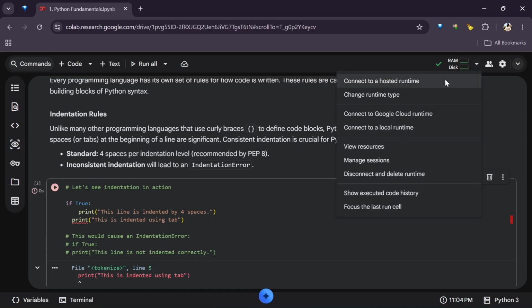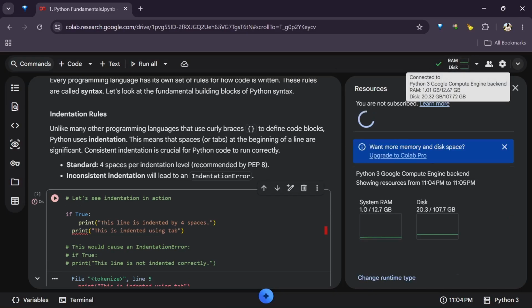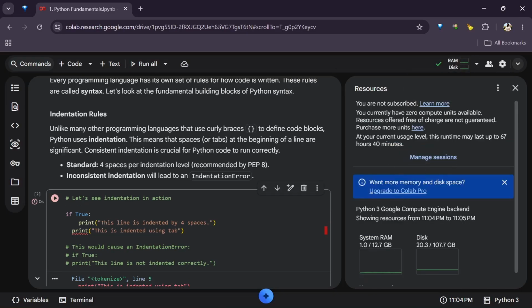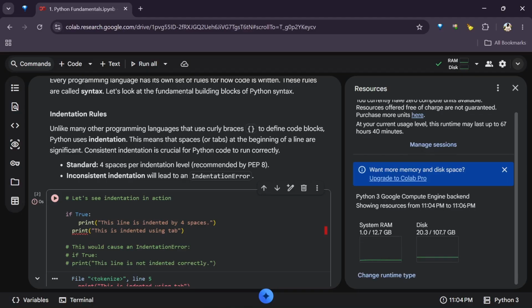Now if you look at this place, you can see a RAM and a disk, right? Currently, I'm being given 12 gig RAM. It's possible that the machine you're currently on is just maybe 4 gig or 8 gig. Now you're getting a virtual 12 gig RAM, close to 13, and you're also getting about 107 or 100 gig hard disk space, which is cool, right?